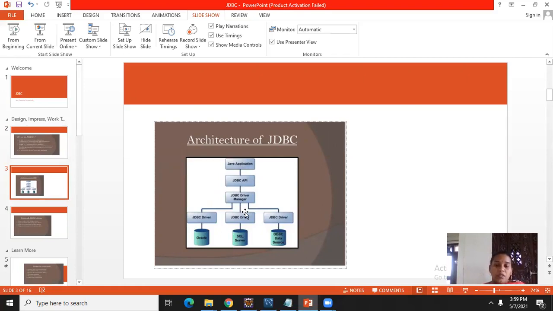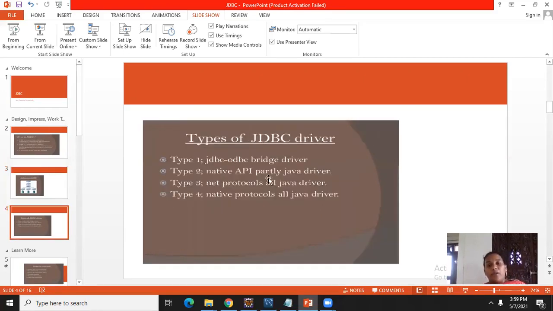What is the JDBC driver? This driver first understands Java as well as Oracle, and it provides some intermediate code which is understood by the two environments. That is done by the JDBC driver.